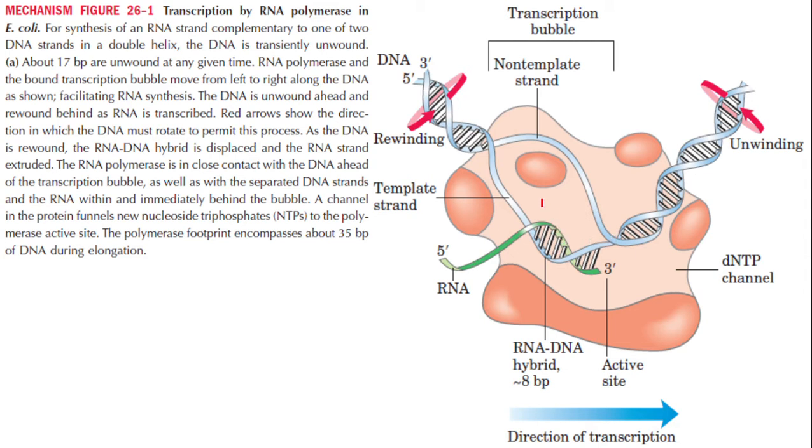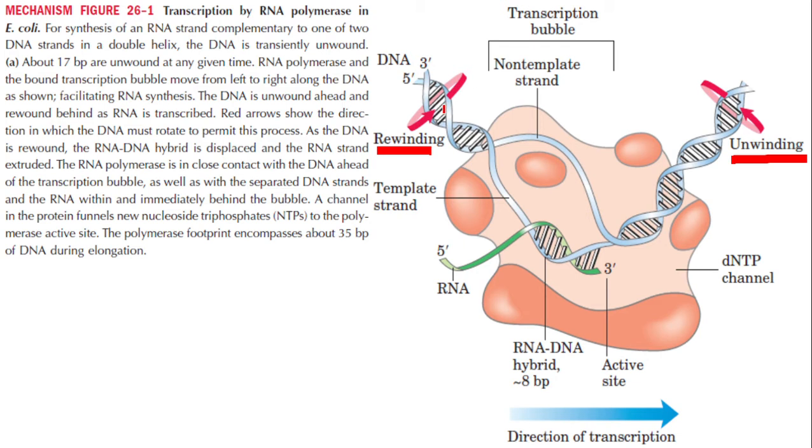As the RNA polymerase is moving forward in this direction, that part of the DNA should be unwound. Temporarily, the DNA strands should be separated. For that, unwinding is required. You know that DNA is a spring-like coiled molecule. At the same time, as the polymerase complex is moving forward, behind that region, rewinding should take place. So, unwinding and rewinding. Unwinding just before transcription, rewinding just after transcription of the parental DNA duplex. Make a note of it.